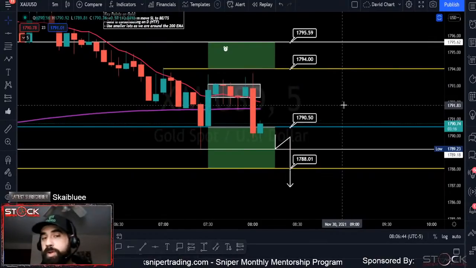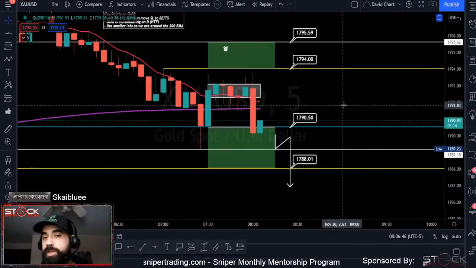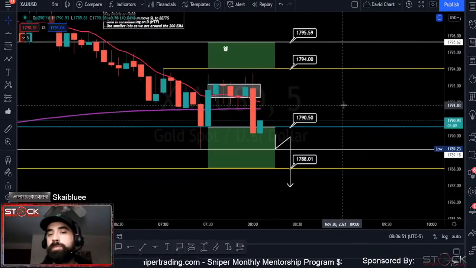Okay, so right now there's no confirmed sell. There's no confirmed sell entry. You see how price just danced right in and pushed right back up. So if you guys are familiar or confused about that,